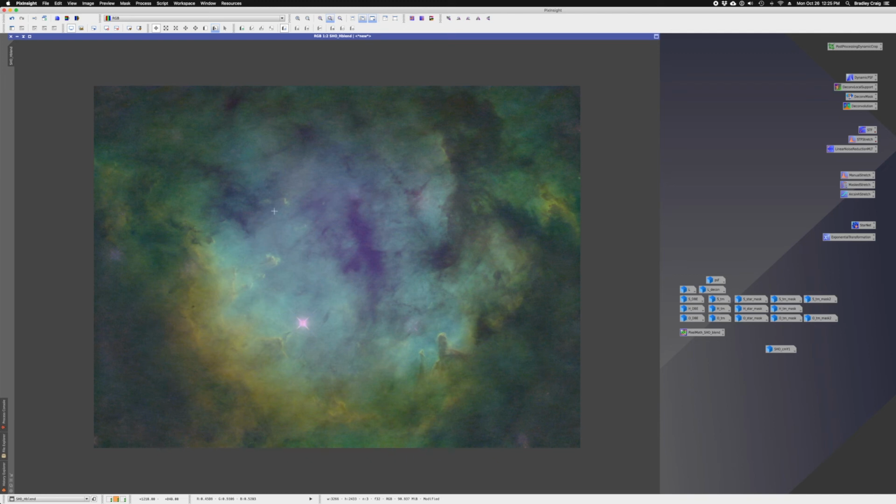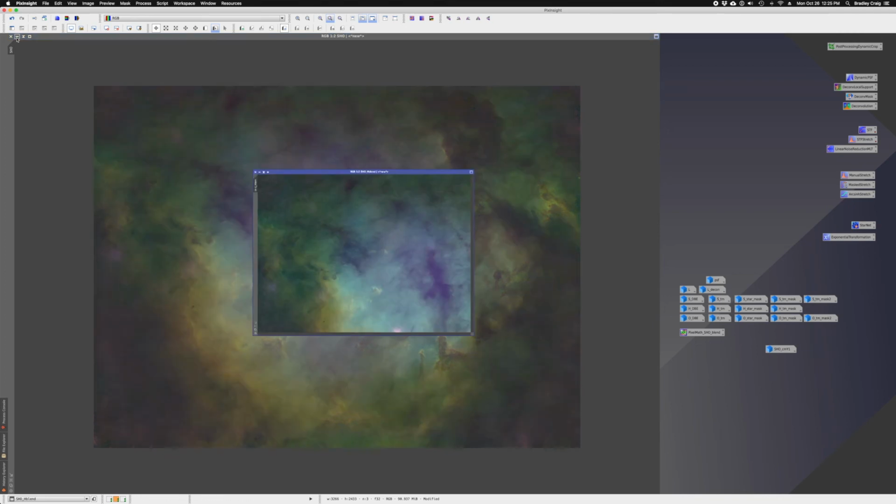But there's another thing before I move forward. I still didn't like the difference between the two. So again, if I go back to the other one, I like the yellow that's in this area around here that I don't think comes out as good in this one. So the last thing I did before I said this is a final image is